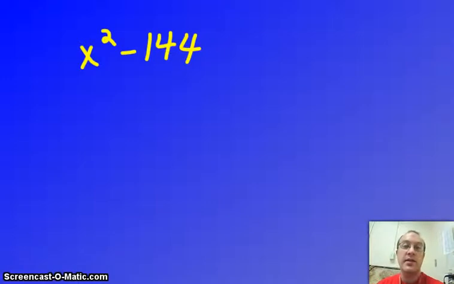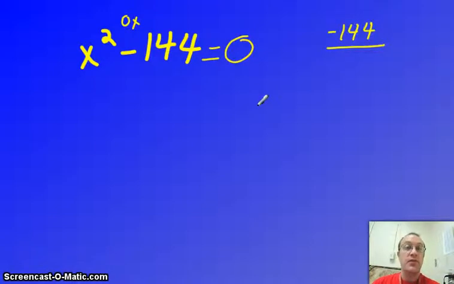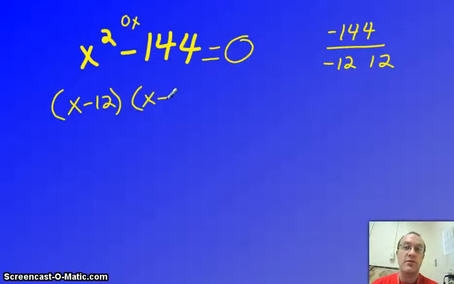Alright, finally, this was another one that people had trouble with. It was x squared minus 144 equals 0. There's no b term here, so if anything, it's like a 0x for b. Now some of you may remember how this factors. There's a nice trick that whenever you get a perfect square number and a perfect square, we know it's going to be the same number, one positive, one negative. But even if you're not sure of that, when you're trying to think of what's going to multiply to get negative 144 that adds to get 0, the only thing that's going to add to get 0 here is negative 12 and positive 12. So when I factor this, it's going to be x minus 12 times x plus 12